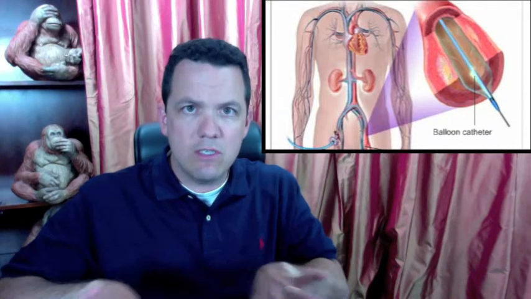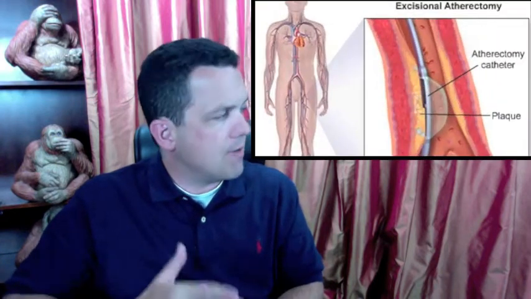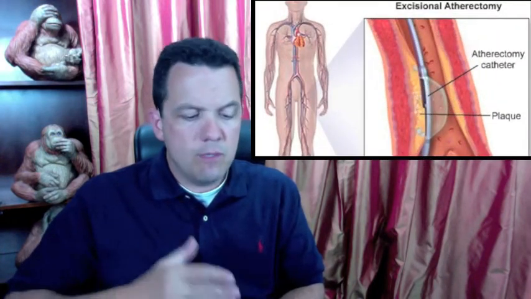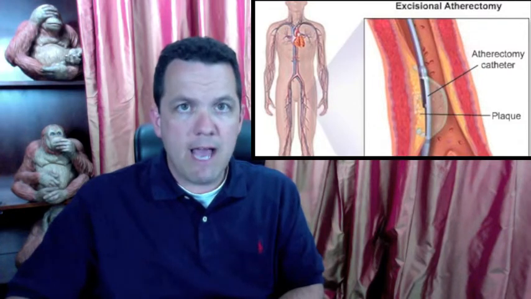It also stretches the vessel considerably, making a bigger lumen for blood to flow through. That's what we call angioplasty. Atherectomy involves actually removing atherosclerotic plaque from the area of obstruction. And then finally we have stent placement, which is just expanding a small metal mesh tube inside the area of obstruction, and that allows us to have kind of like a scaffolding in place after we withdraw the catheter and